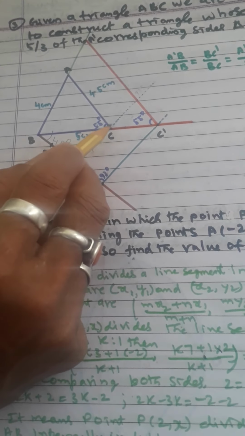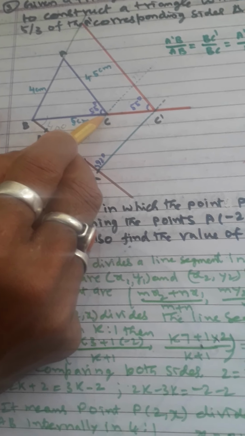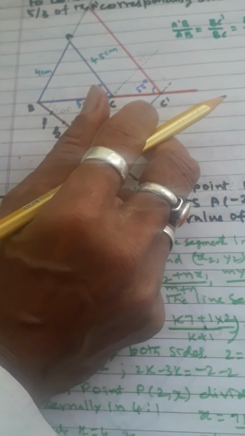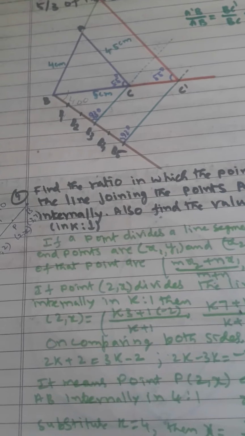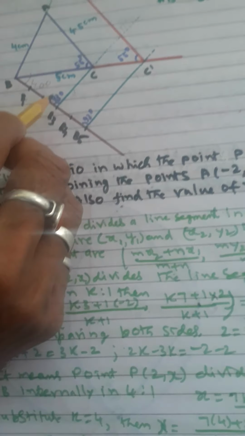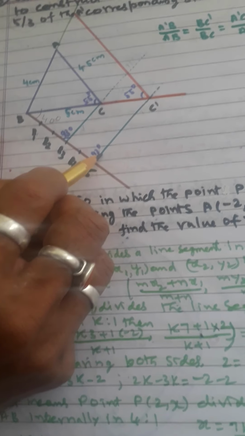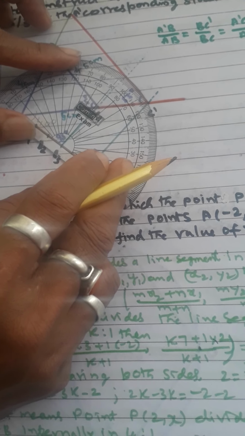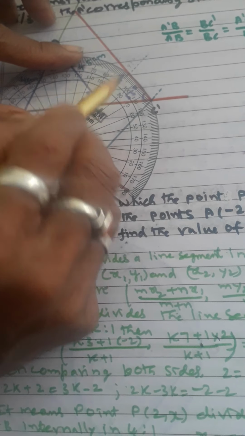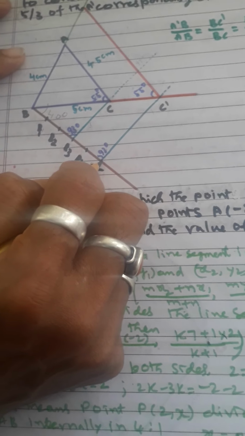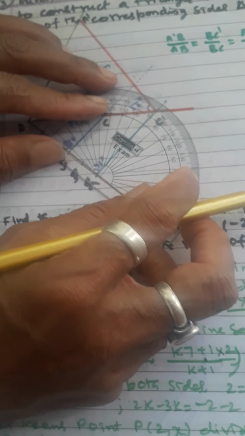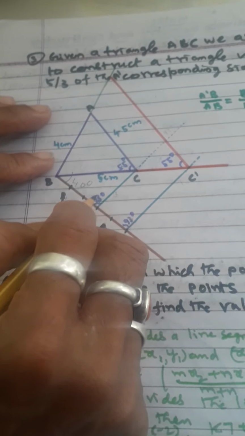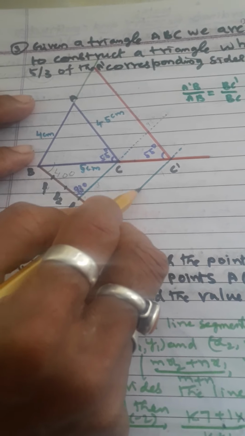Okay, after this is connected, what you have to do is draw another parallel line from B5. How to draw the B5 parallel line? There are so many methods available. Parallel lines mean the corresponding angles will be equal. So I take the protractor, and I am getting this angle as 93 degrees. At the B5 position also I draw another line at 93 degrees, so the angle should not vary. Since these corresponding angles are equal, the parallel line will definitely come there.